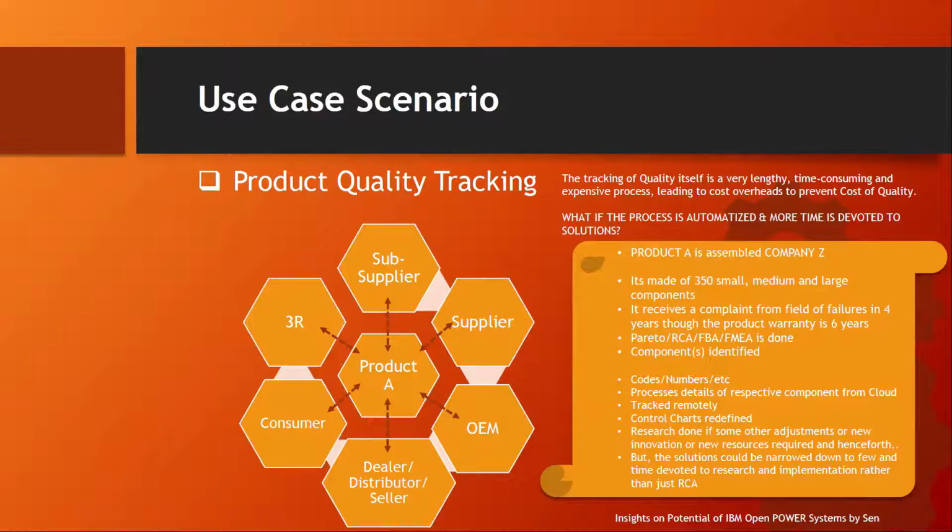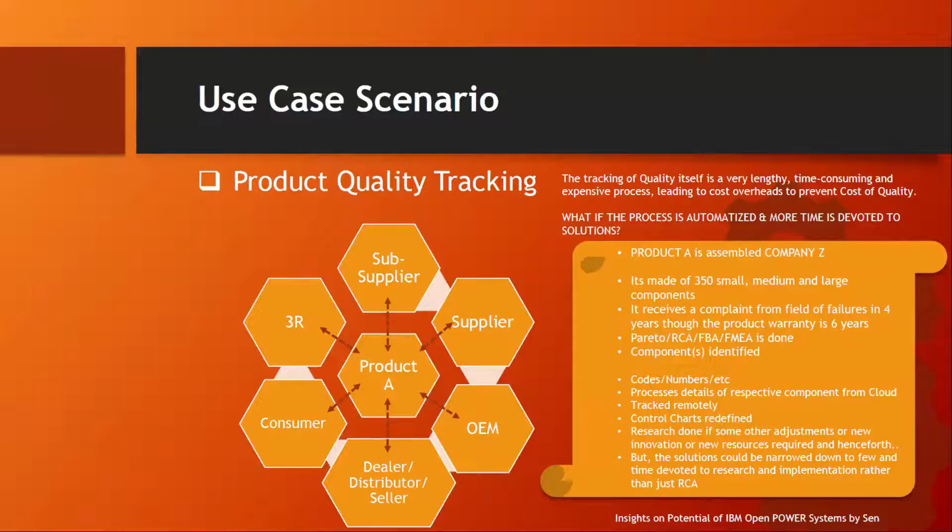So we can use a lot of technology for that. In fact, IBM Open POWER has a lot of technology within its arena. So we can have codings and numbers and sensors in the production system where it would be tracked remotely, and then control charts are redefined. And the research is done for new adjustments, and the solutions are narrowed down